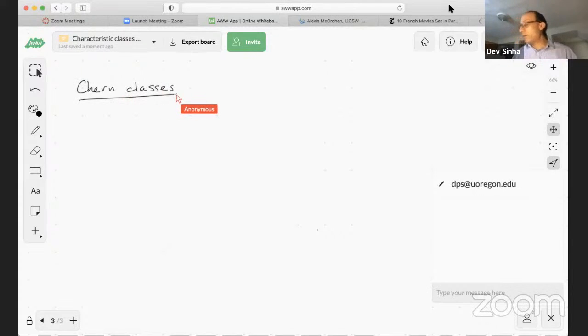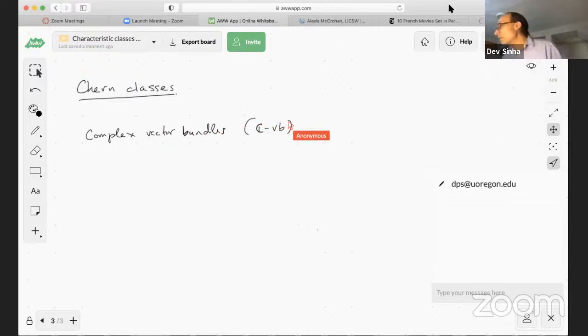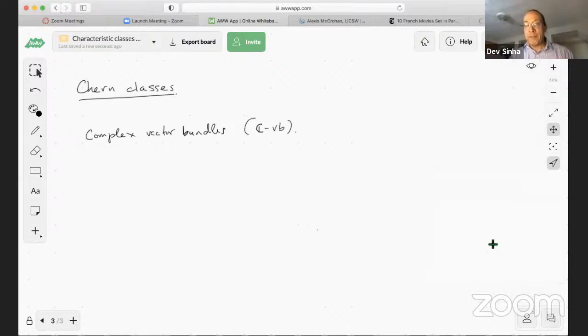So we have to start with what are objects of study, which are complex vector bundles. And so that means that they're fiber bundles whose fiber is a complex vector space. That means you have a scalar multiplication, not just by the real numbers, but by the complex numbers. More generally,